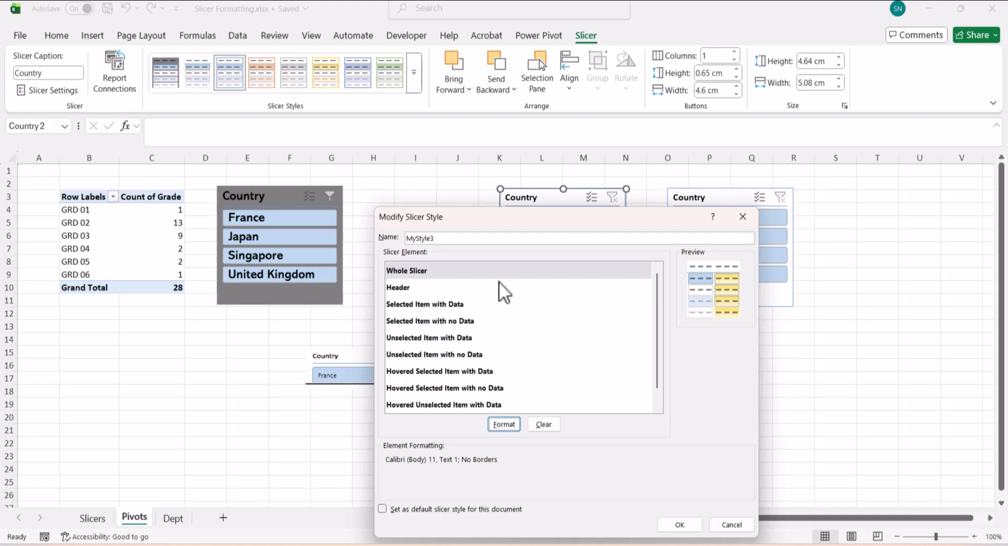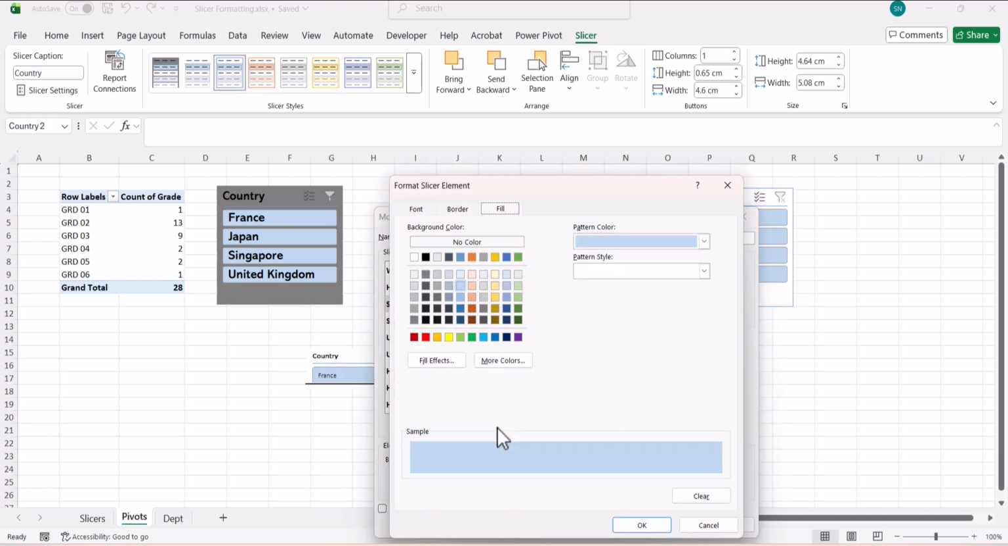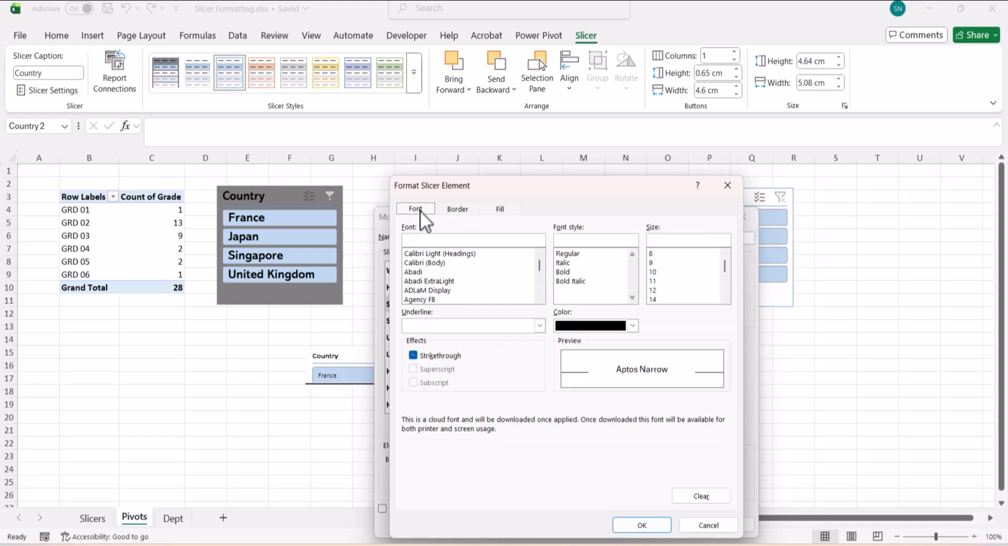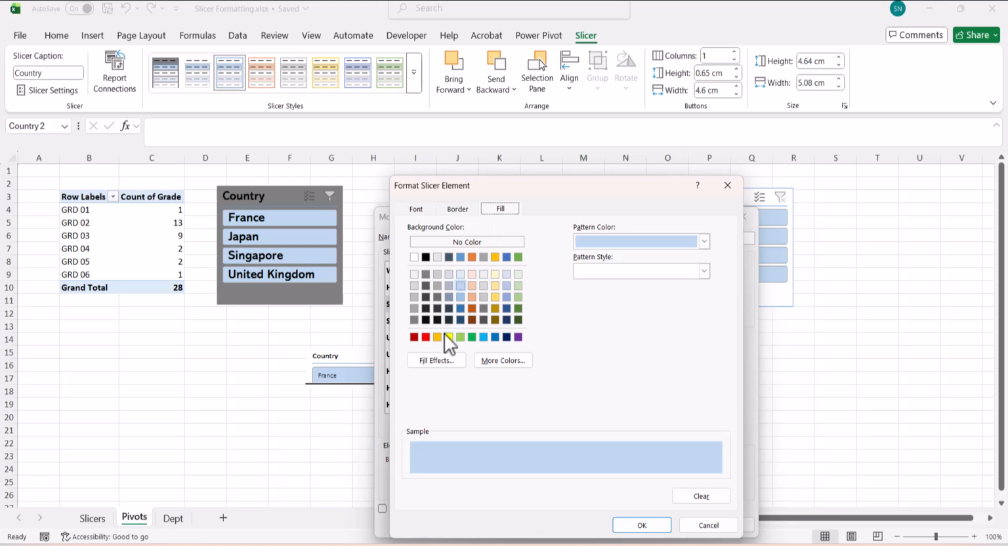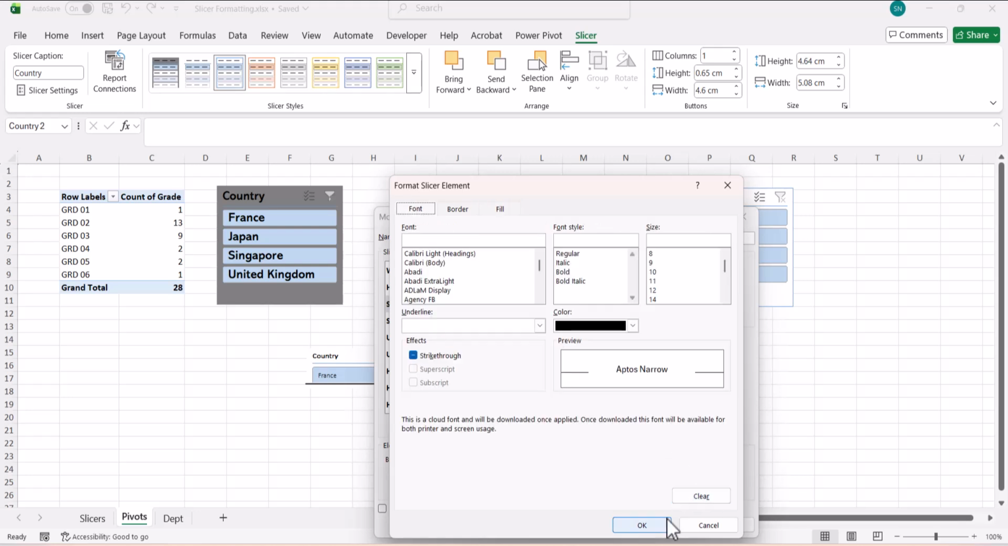So I do OK. Then I go to selected item with data. Selected item with data means the tab which you select and it has data on it. I go to format. I'm OK with the font. I am saying border none, and for fill I give it a color. For example, I give it this purple color. So for selected item with data, I have given a purple color,